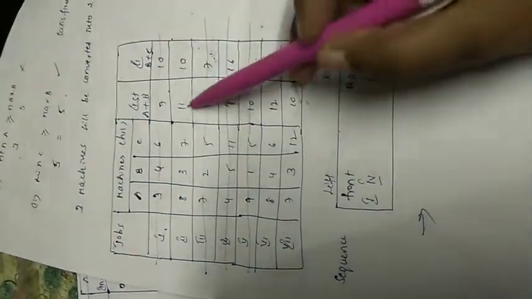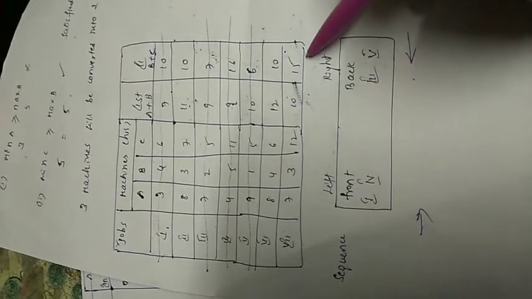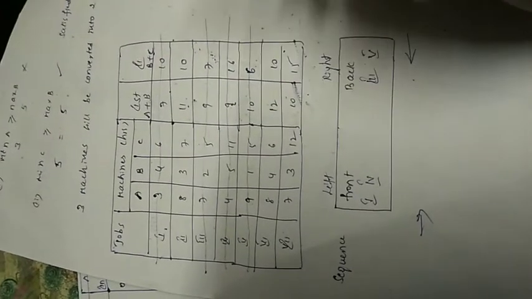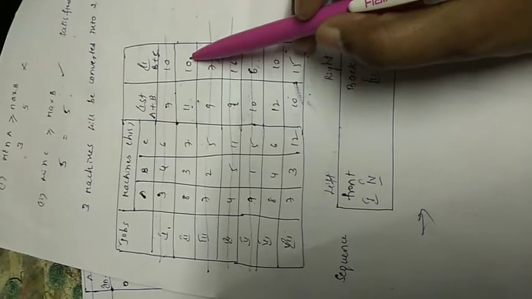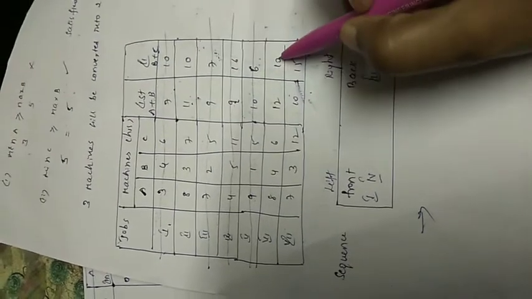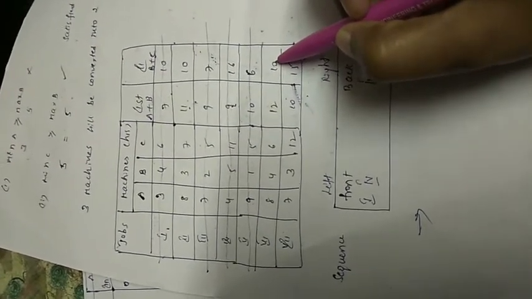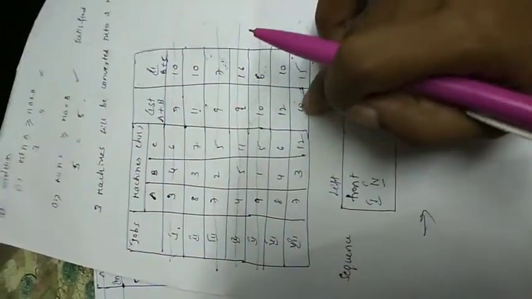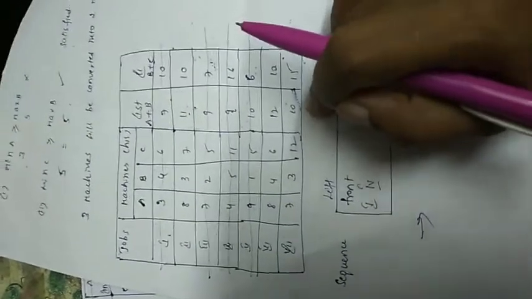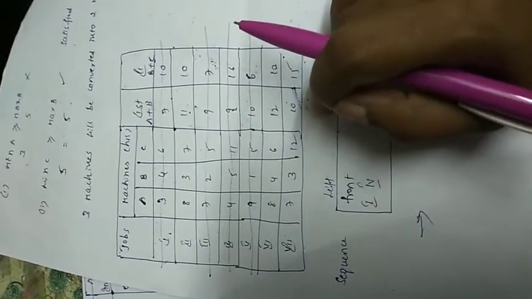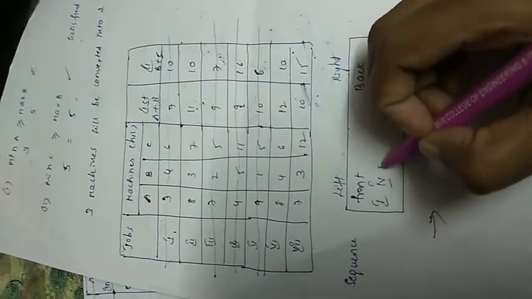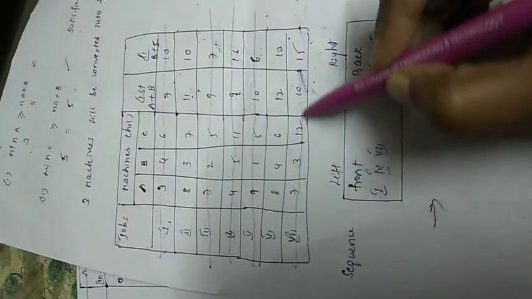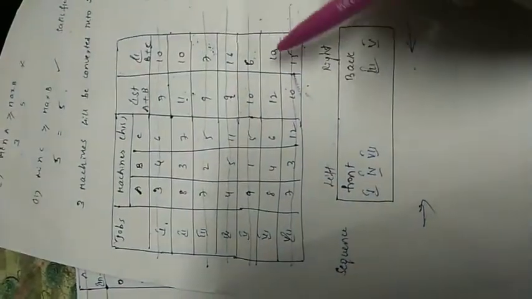And next: 11 10 12 10 10 15. Here we have tens. This is the second machine, we will not consider it. This is also the second machine, we will not consider it. We always give preference to the first machine, whichever is first. So I will give preference to this one, that is 7. We always give the first preference to the first machine, then after that we will give the second machine. So I will take it, just cancel this. And next I will give another list.